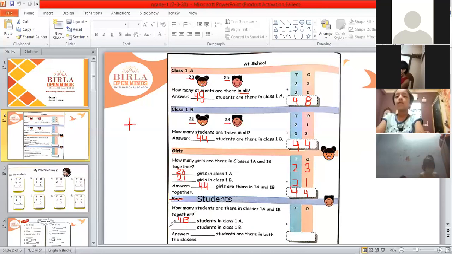Yes, children. So how many students are there in first B class? You all can see here. We did addition here, no? So 44 students are there in first B class. So in this blank space, we will write 44. Now what we will do? We will write this 48 and 44 here in this space. So here write, children, 48. First we will write 48. And then beside this plus sign, we will write 44, children.